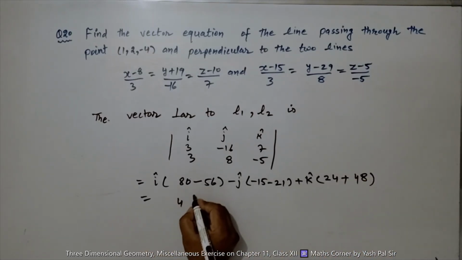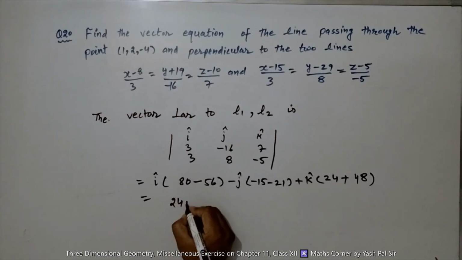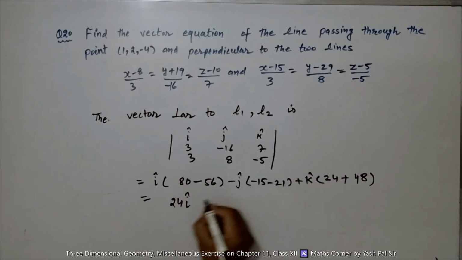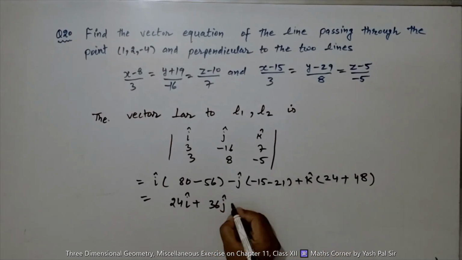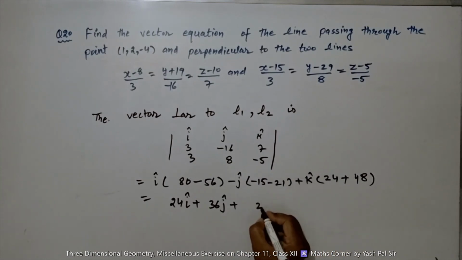This is equal to 24i plus 36j plus 72k. Okay, so